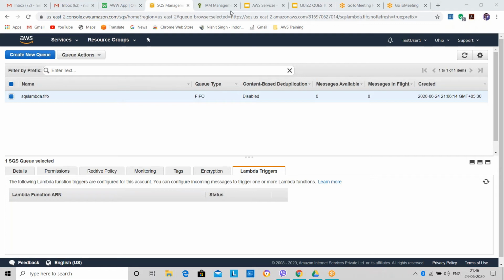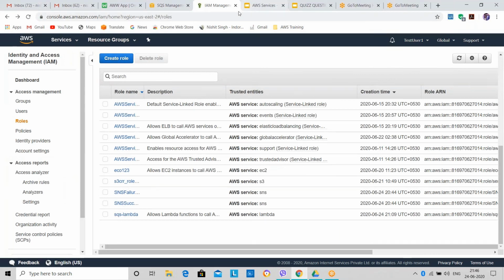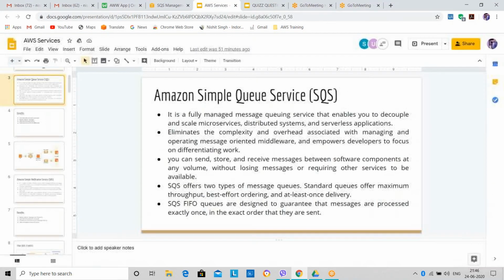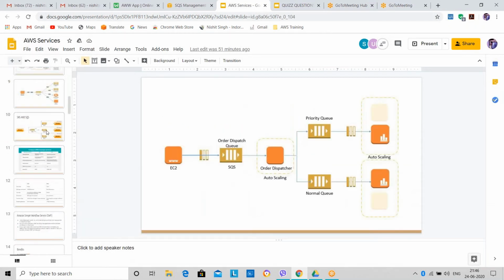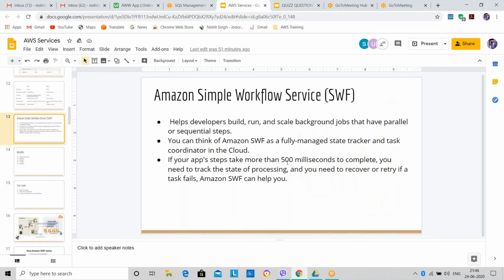So before moving on further, I'll show you what SWF is. SWF is Simple Workflow Service. Basically, this service is used by developers. It helps to build, run, and scale background jobs that have parallel or sequential steps.